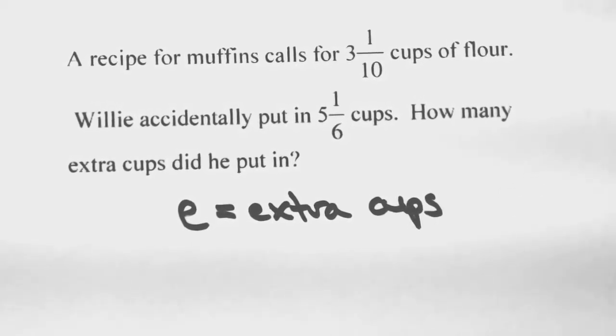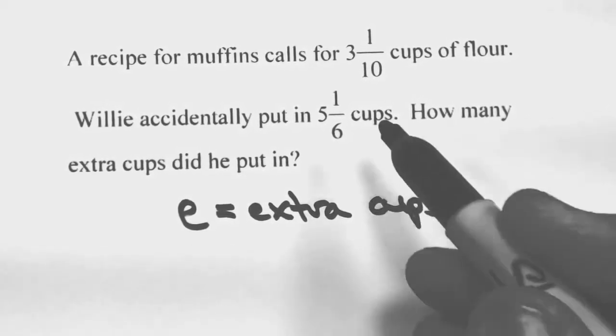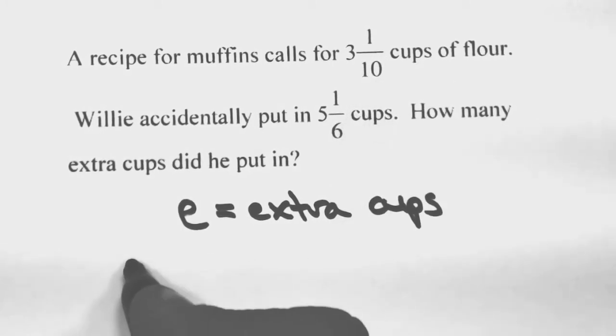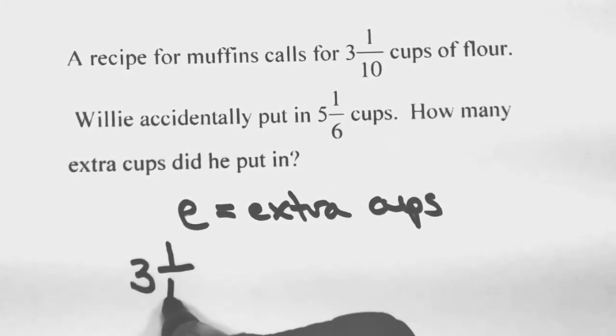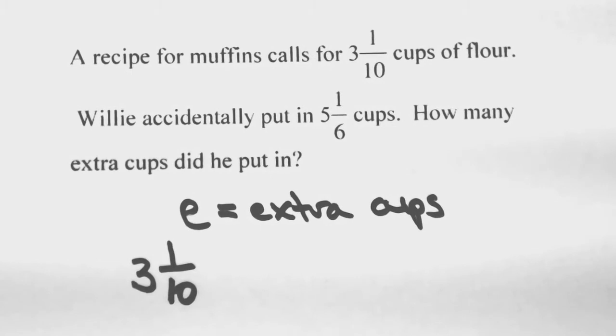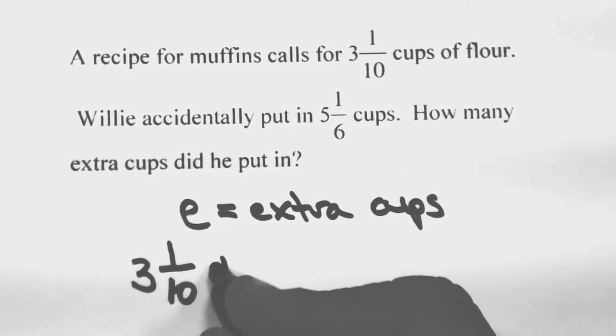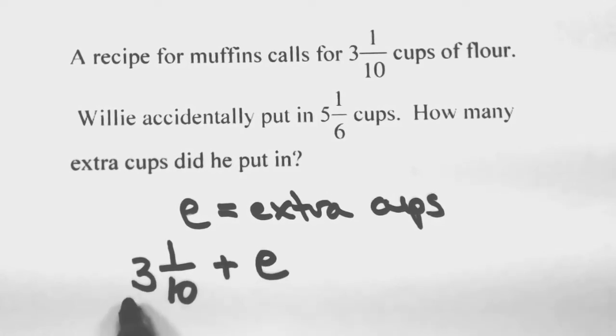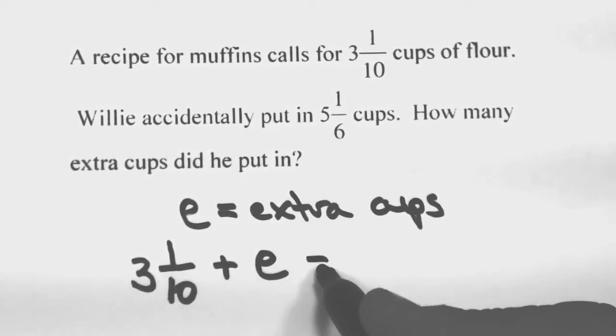Now, how much was he supposed to put in? The 3 1/10. But what did he do? He added some extra to that. Well, what are we using for the extra? The E. So here's the original amount plus the extra has to equal the total amount that he did put in,